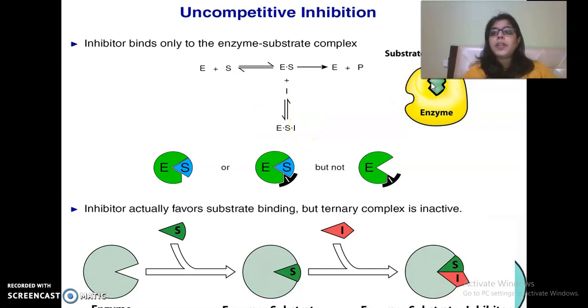And here the inhibitor does not necessarily bind to an allosteric site. It can bind to both a normal site as well as an allosteric site. So I have enzyme substrate inhibitor complex in case of uncompetitive inhibition. In non-competitive, it was both free enzyme and enzyme substrate. In uncompetitive, I have enzyme substrate complex getting inhibited to give me enzyme substrate inhibitor complex. Now we have to see what happens to